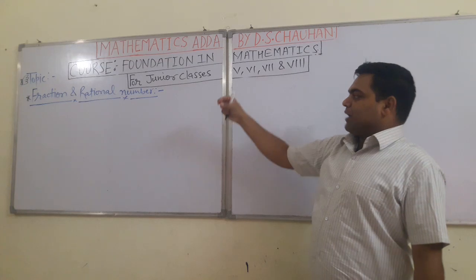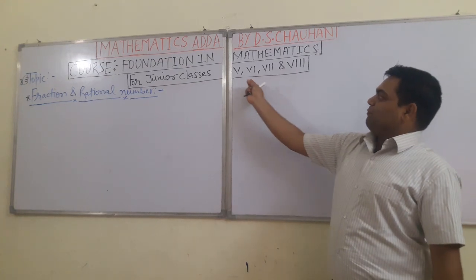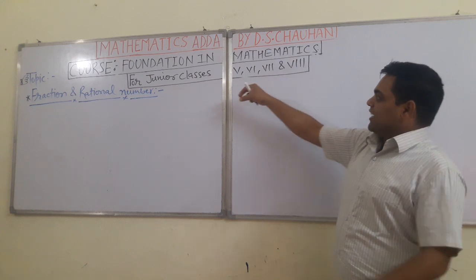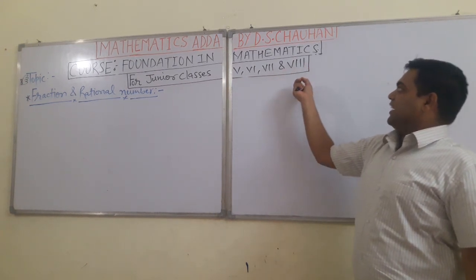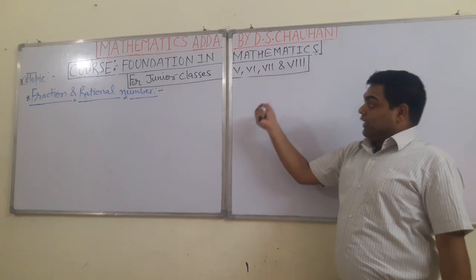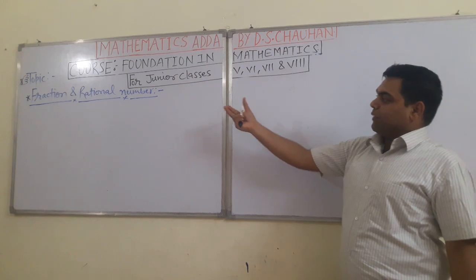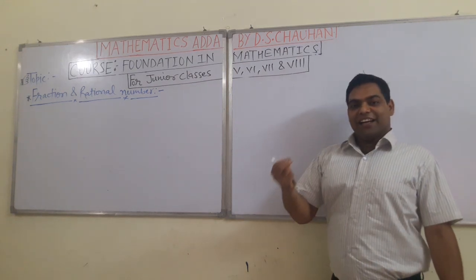Students, the concept of fractions starts from 5th standard and it is continuously going on, and in class 8 the first chapter you will read is rational numbers. Today I am going to give you the link between fraction and rational numbers. Try to understand easily, clearly.